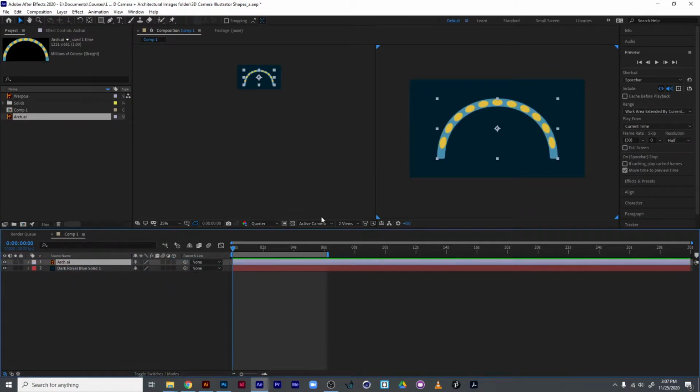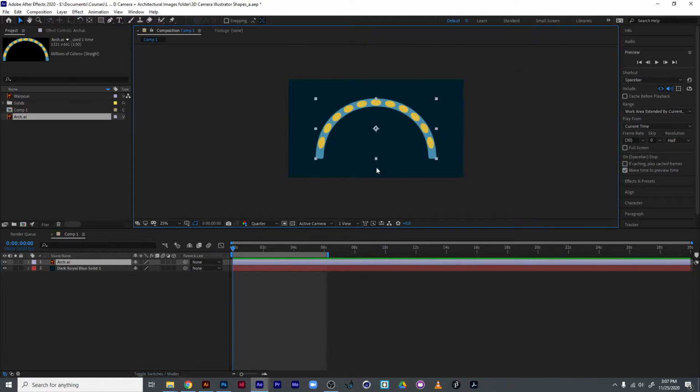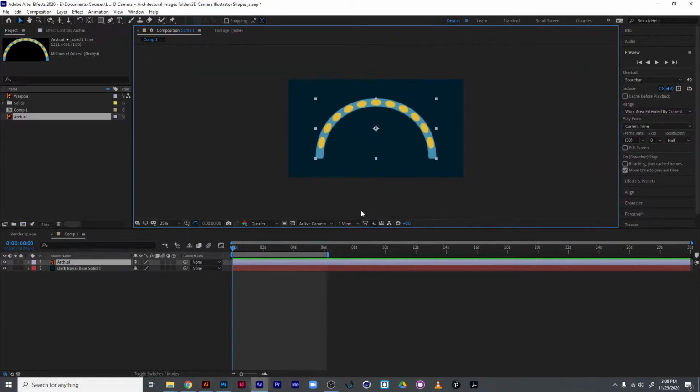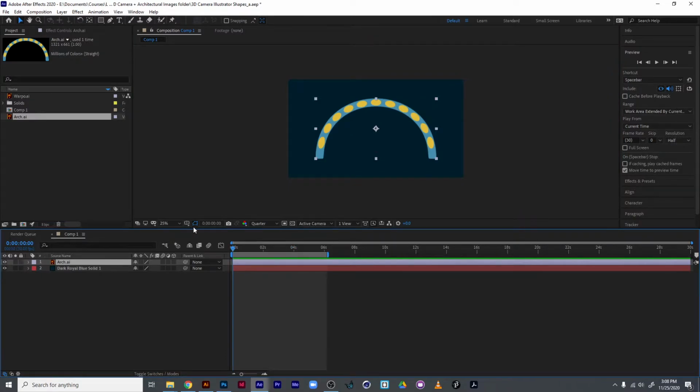So I'm going to bring in this one arch, and let's go back to one view. When we're working in 3D, it's helpful to be in either two views here, or let's bring this down so you can see how they're positioned, but we'll come back to that in 1 minute. And so if I want to create this idea of moving through these archways, I need a couple of them. So let's do one, and then I'm going to duplicate it, and let's give it a different color by